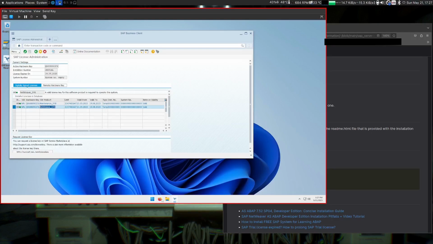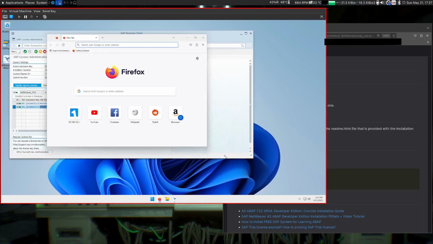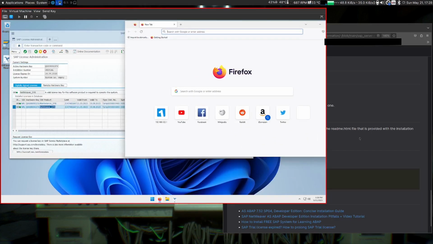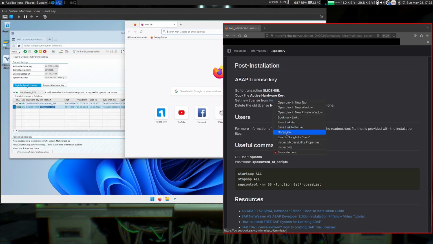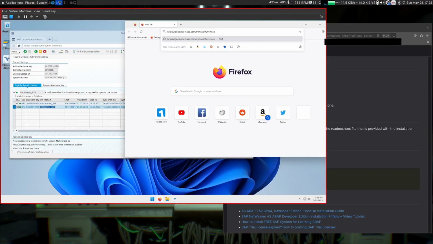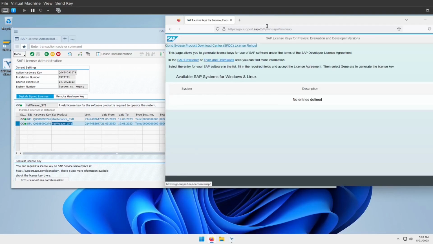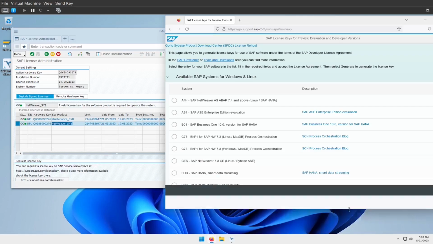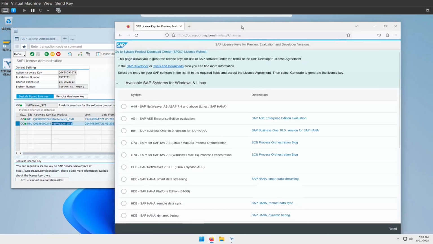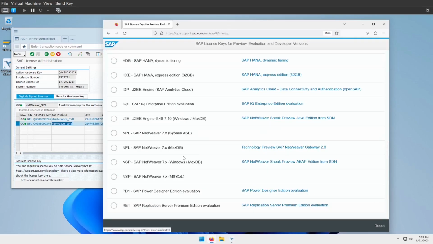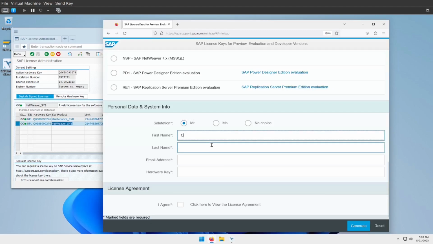So first things first, we are going to open the browser, and I'm going to come here and copy the link. So basically, as you can see, on gosportsapp.com minisap, we can request a new license. So we want this one here, the CBase NPL, and we're going to select this and come here. I'm going to just put something here to let it know,